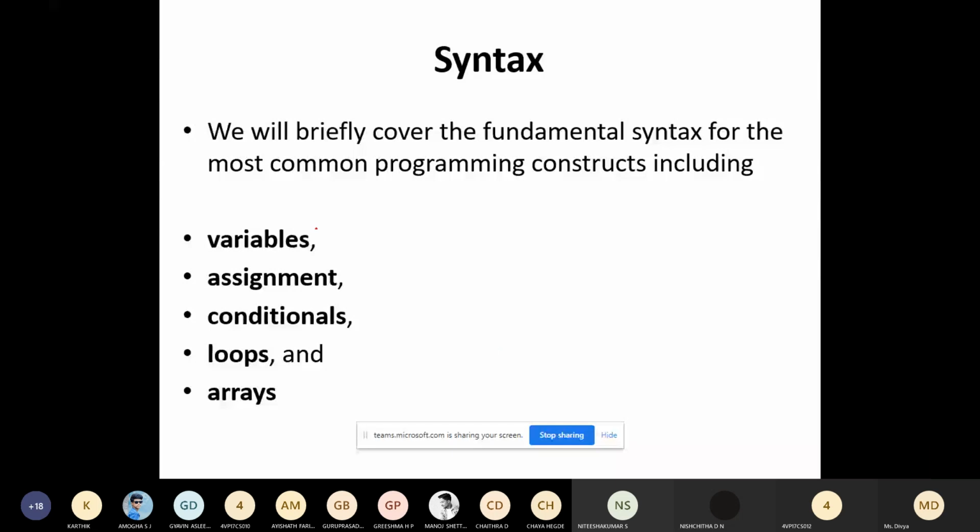A few points you have to understand. What is a variable? How to create a variable in JavaScript? What do you mean by assignment? Conditionals? How do you create loops, loop statements? How to create an array? These things we will be studying.